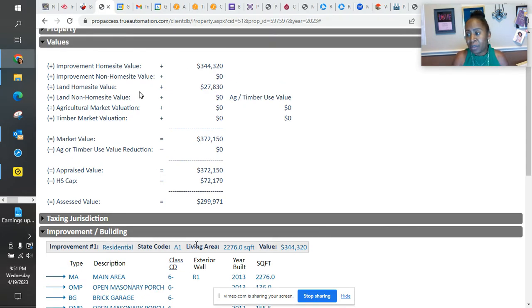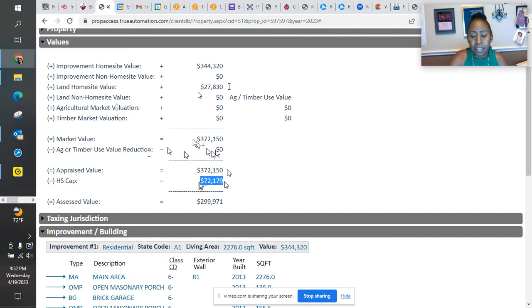This is where we see how the appraisal district has valued our property. Here it gives you the value for the actual structure itself. The home site value is going to be the value for the structure. Then you have the land value here, which shows what the land is worth. So again, structure and the land. Since we don't have any additional factors in our value, our total market value is here. We don't have any ag exemptions or ag use that would allow a deduction here. So this same market value is carried down to the appraised value of